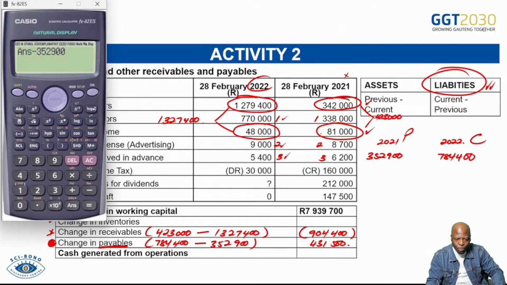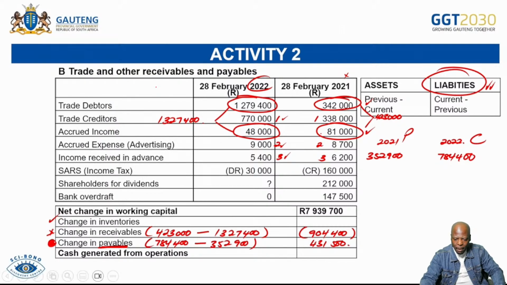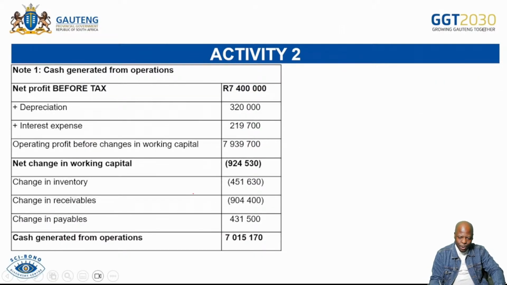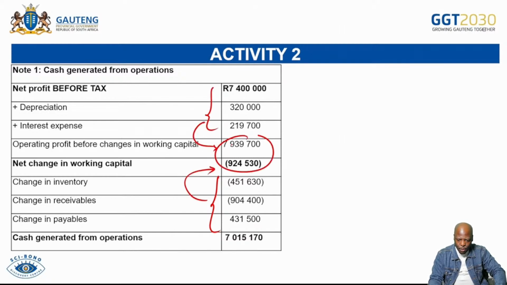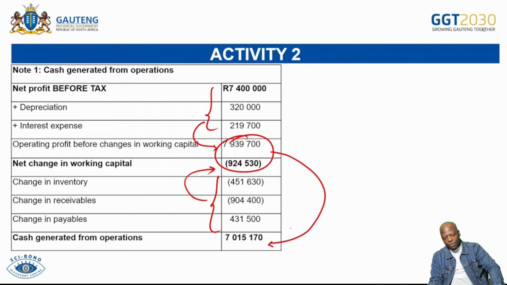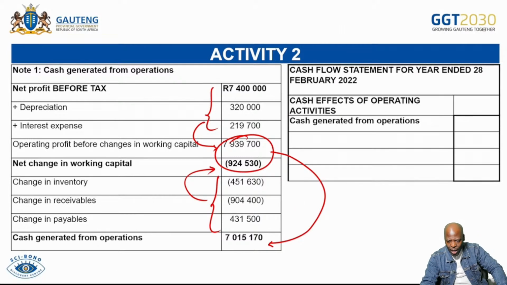And then I'm going to come now to the last part of it. So where I simply add that, I get that amount here. I add these amounts. Remember, I got that one. Then I get the difference between these two amounts, which gives me that amount there at the end. That becomes my cash generated from operations, which I know I'm going to now show in my cash flow statement on my cash effects from operating activities, which is going to be my